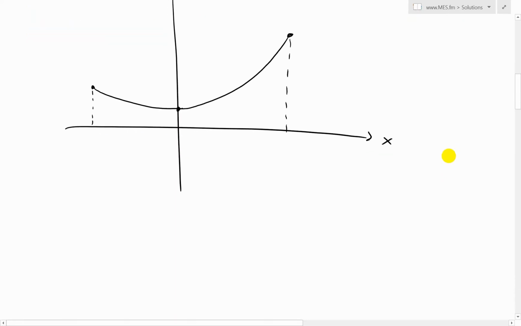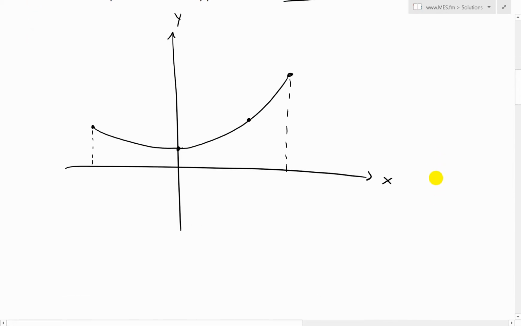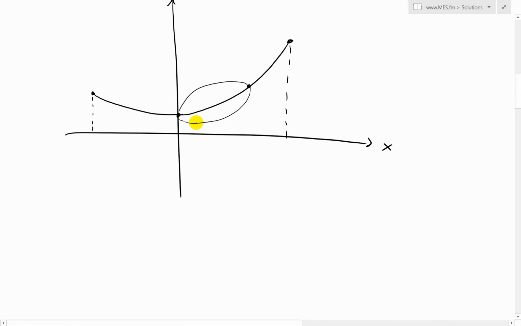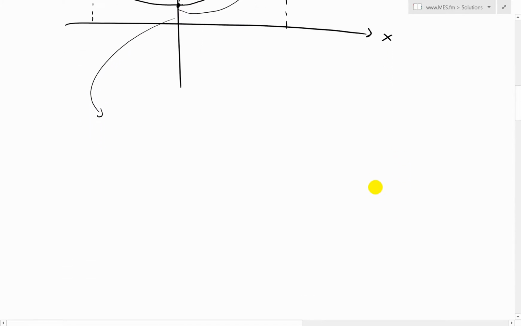So now that we have this section, what we'll do is start from the lowest point, then go to an arbitrary point, let's say somewhere around here, take this segment across like this, and then basically drag it in here and remove it and blow it up and basically draw a free body diagram like this,